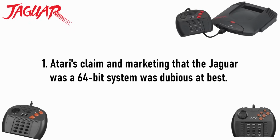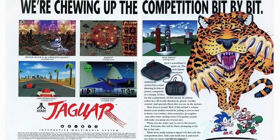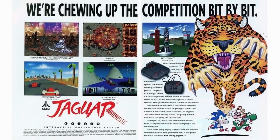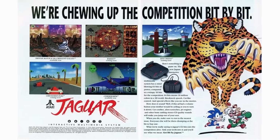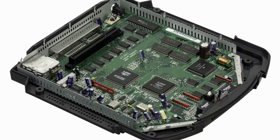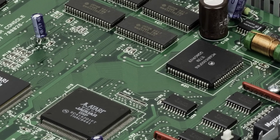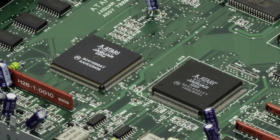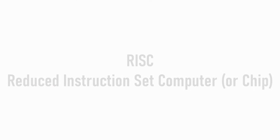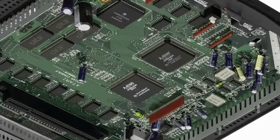Atari's claim in marketing that the Jaguar was a 64-bit system was dubious at best. Yes, this one is controversial even today, roughly 30 years after the launch of the system. But let's take a quick look at the Jaguar architecture and see what you think afterwards. The Jaguar had multiple processors, but there are three primary chips on which they were found: a 16-bit Motorola 68000 and two custom 32-bit RISC chips named Tom and Jerry. Remember, RISC stands for Reduced Instruction Set Computer, or chips, and they basically had fewer instructions for the CPU, but